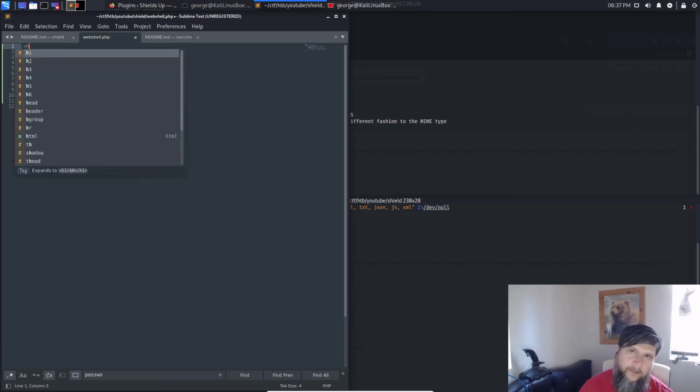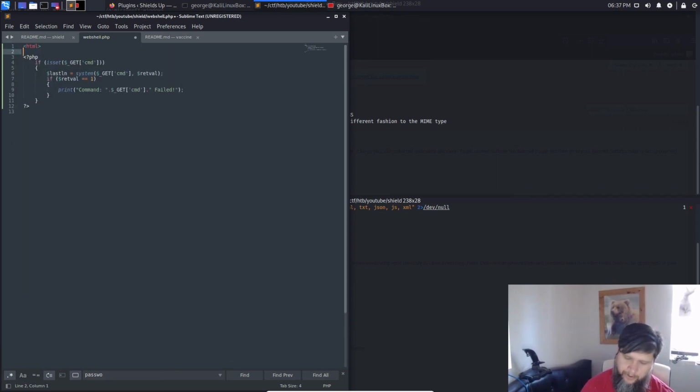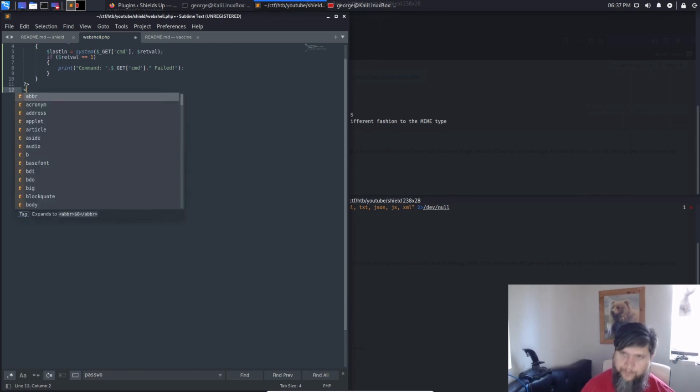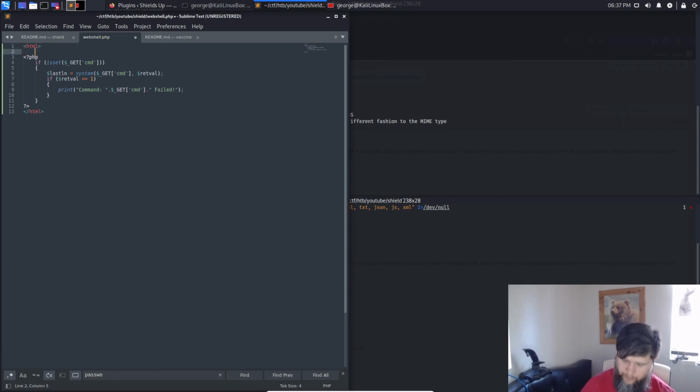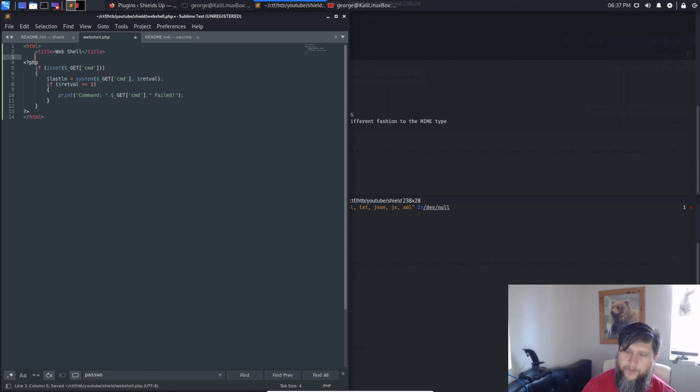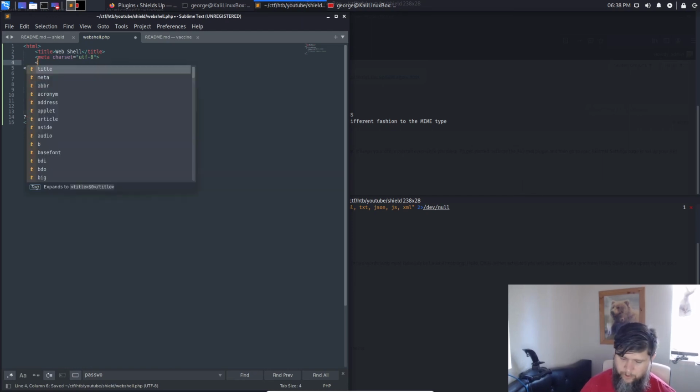So for that we need to create an HTML website. So if you have never done that, this is your lucky day. WebShell. Just name that WebShell. We don't really need any metadata here. I guess that's that. We do need the body,